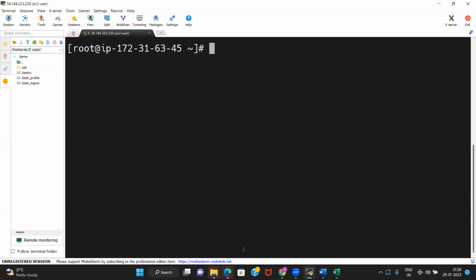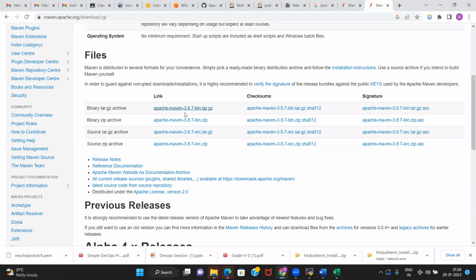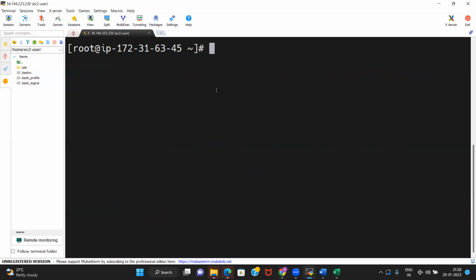Now there is this file. We copied this tar, and then you need to unzip it. For that, cd /opt. You need to set up Maven in the opt folder. Conventionally, optional software is put in the opt folder.